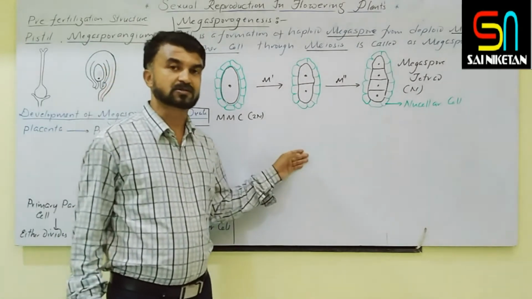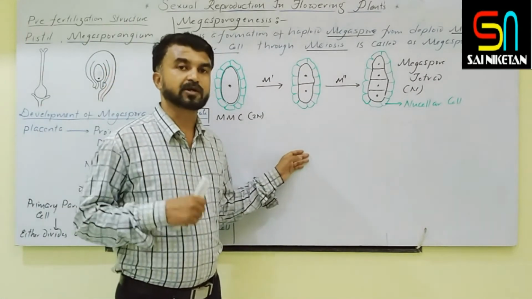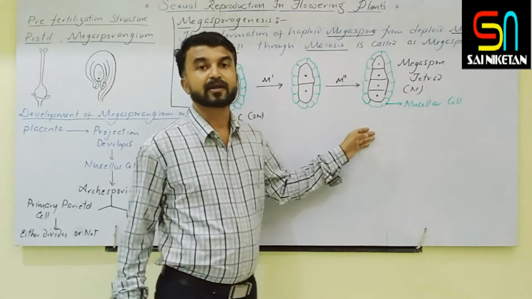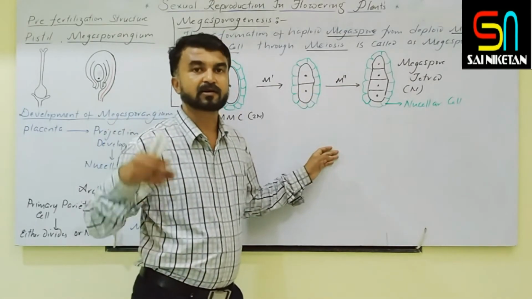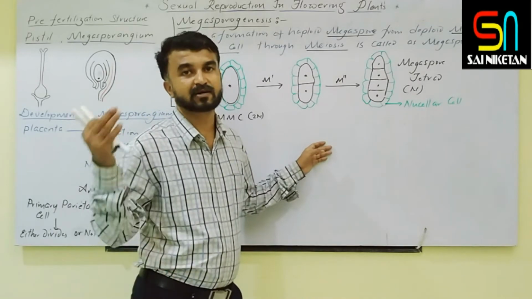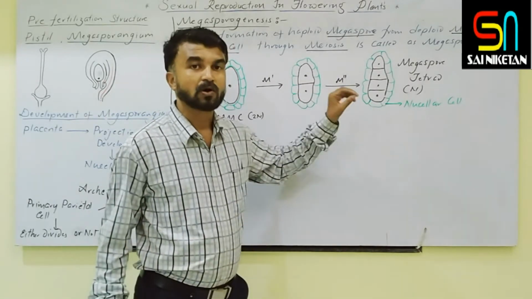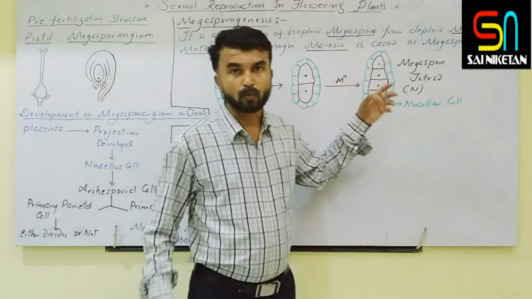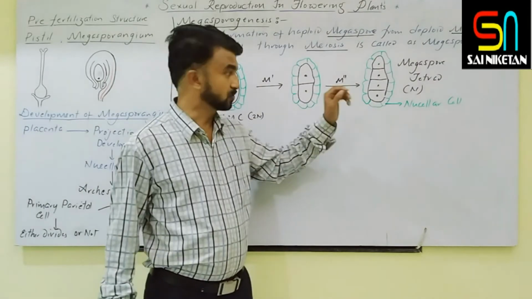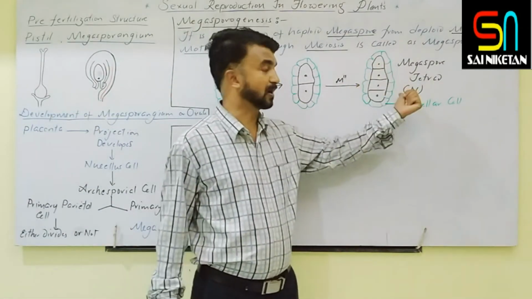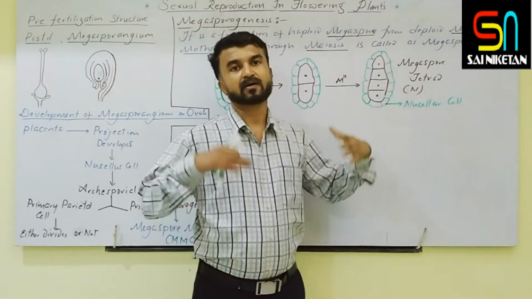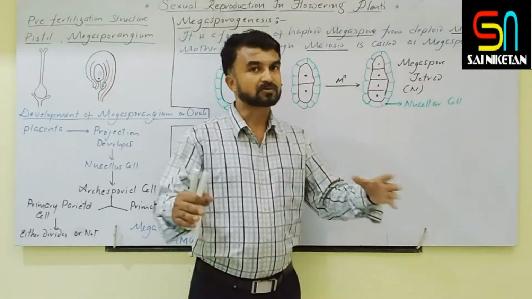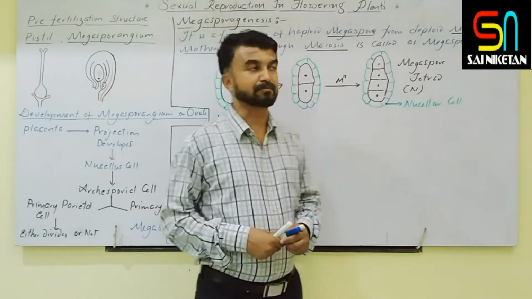In the microsporogenesis, pollen mother cell undergoes meiotic division and produces the microspore tetrad. So they are also arranged in the same manner, either tetrahedral, isobilateral, decussate, T-shaped or linear. So that is a microspore. These are the megaspores. Now what is the next event? The formation of embryo sac from these megaspores is called megagametogenesis. But whether all these megaspores develop into embryo sac, what happens? So that is the main point.